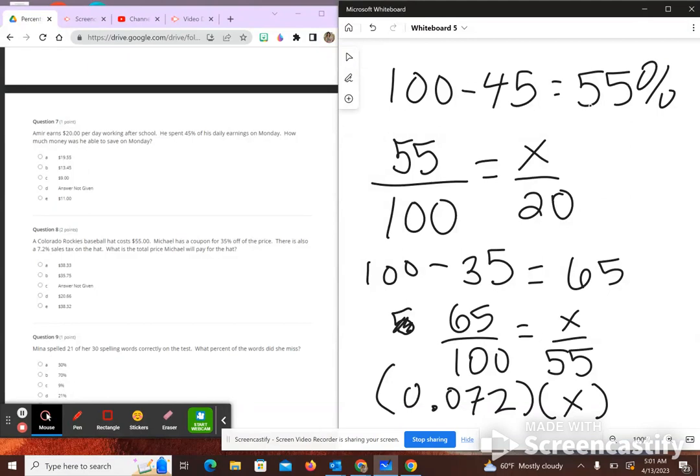Finally, the very last thing that I have to do to get the total amount of the hat is, once I figure out the sales tax, I have to add that to this number to get the total price. So again, I'm going to figure out sales tax, but then I have to add it back to the sale price of